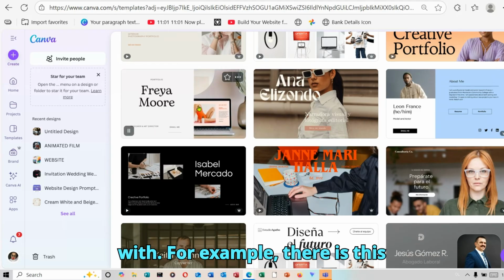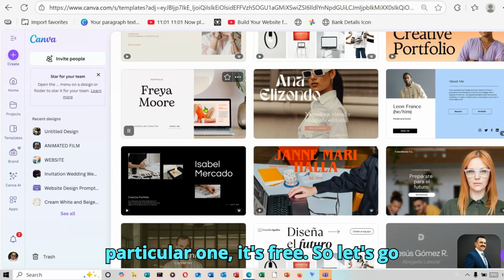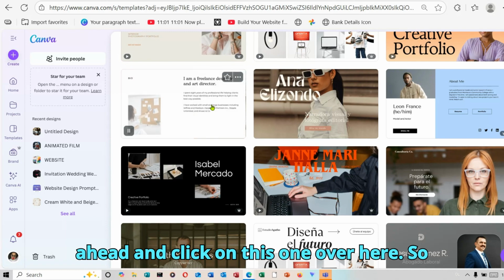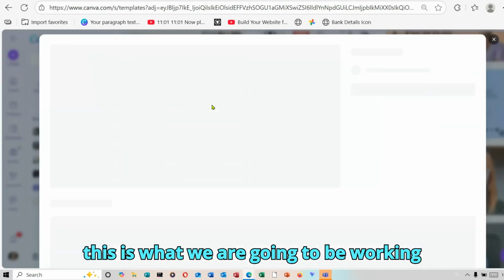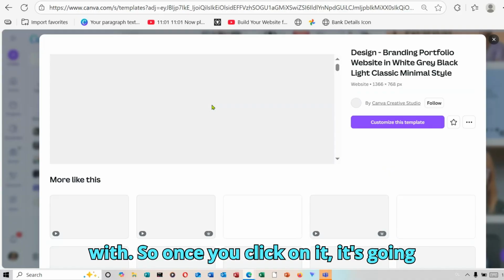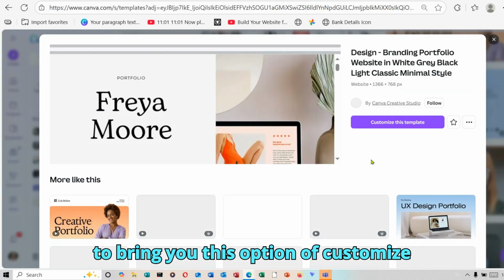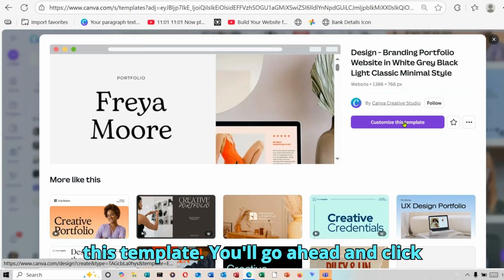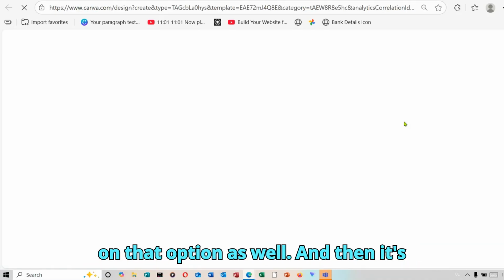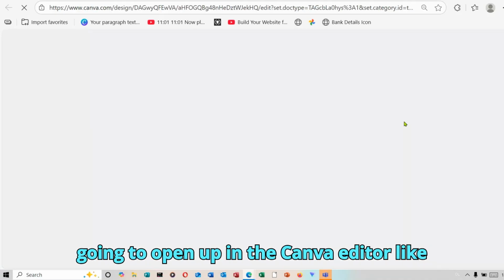For example, there is this particular one, it's free. So let's go ahead and click on this one over here. So this is what we are going to be working with. So once you click on it, it's going to bring you this option of customize this template. You'll go ahead and click on that option as well, and then it's going to open up in the Canva